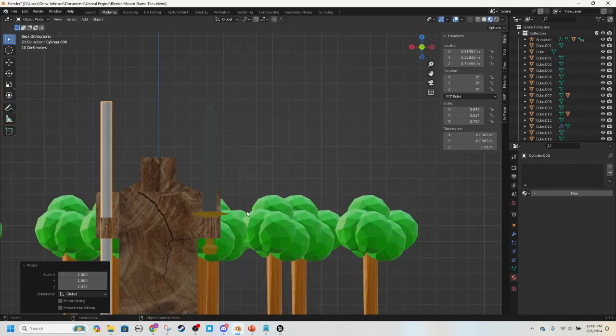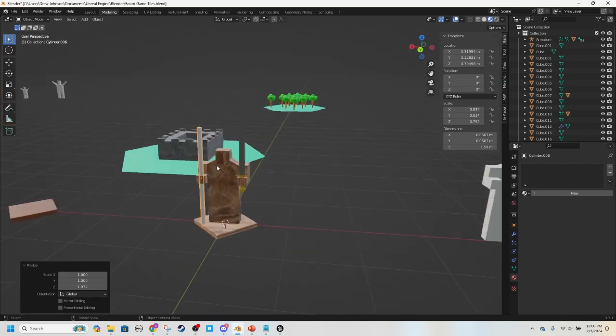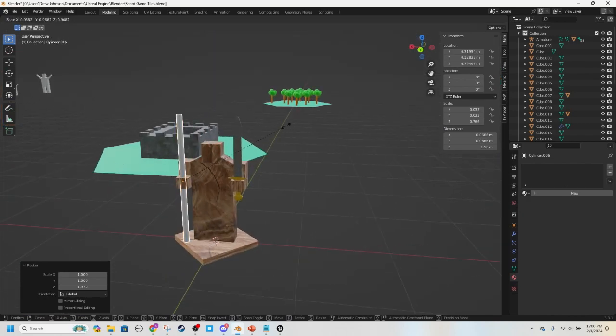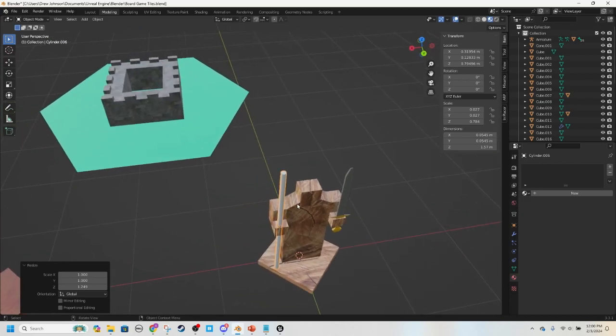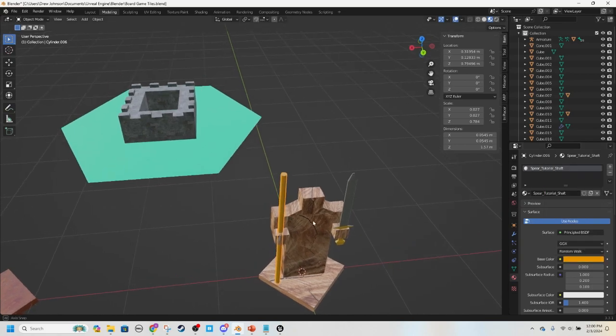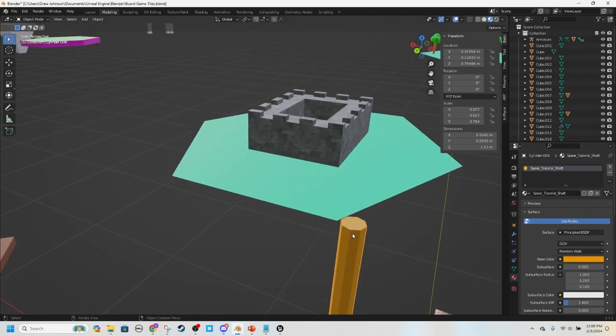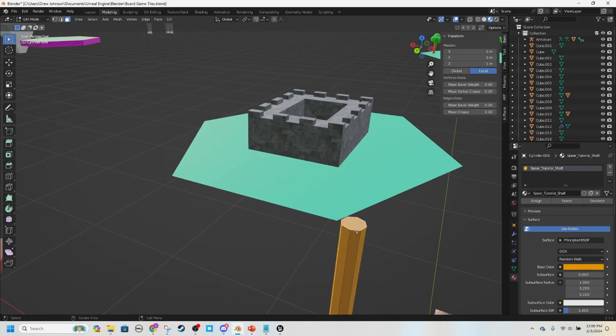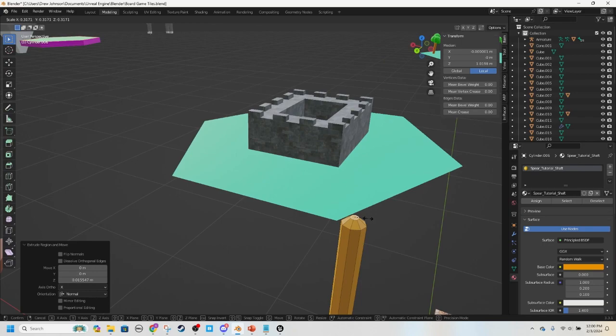And with this, I'm just gonna have the bottom of the spear kind of go into the tile a little bit, hold it up. I might even scale this a little bit thinner, but SZ, bring it out like that. And for this, you can create another material like spear, tutorial, shaft, this brown or orange or whatever, and then go in edit mode, grab this face, extrude it, scale it way in,